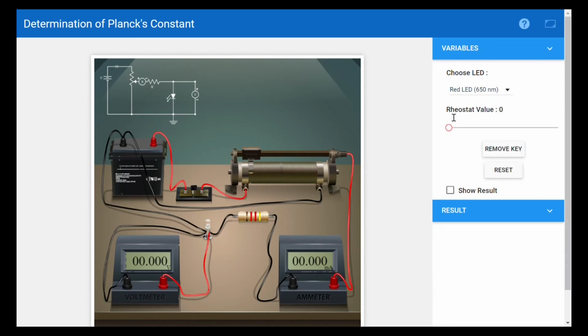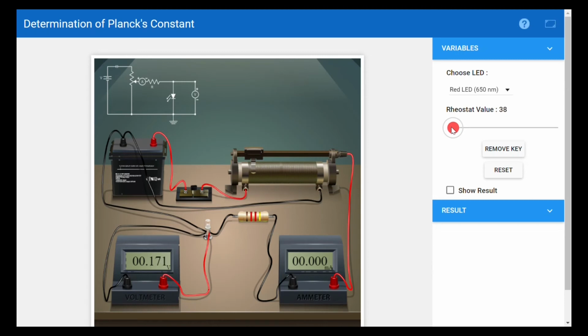There is a knob called the rheostat value, the knob which we will be shifting from here to here, and the voltage will be applied across the LED. So let us move the knob and see when our LED starts glowing. As you can see, I am increasing the knob,